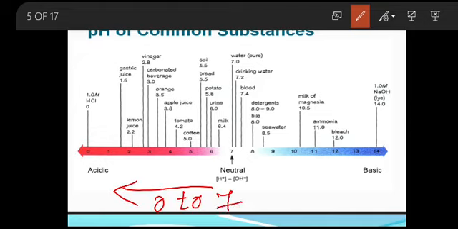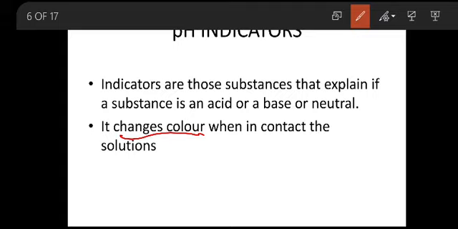Okay, now just try out this as an experiment in your home. Take a soap, the soap which you use for your body wash or cleaning vessels or any kind of soap. You take it and put some turmeric over it, and then wash the turmeric. What happens to the surface of the soap? Does it show some changes in its color on the layer where you applied turmeric? The yellow color of the turmeric powder was changed into red color.